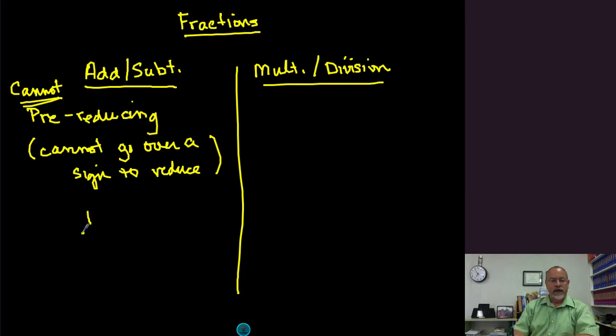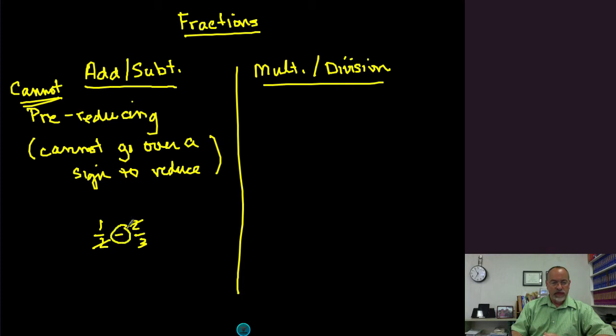So what am I talking about? If I have 1/2 plus 2/3, most students when they learn about reducing think, oh, that's great, I can reduce or cancel, and I'm only using that word so you see what I'm talking about. They say, oh, there's a 2 in my numerator and a 2 in my denominator, so I can cancel those out. Now you cannot do that because you had to go over this operation sign in order to do it. You cannot go over any operation sign to reduce. So whether it's addition, like I have here, or subtraction, if I had 1/2 minus 2/3, I cannot do this reducing, okay?